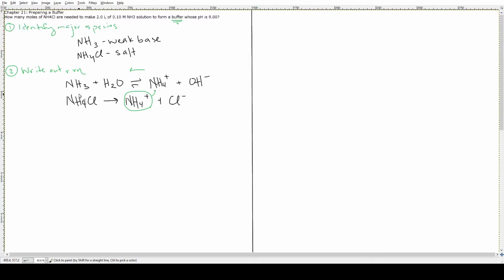And so the goal here is to start with a buffer that not only has ammonia in it, but also has ammonium. And we want to figure out, well, how much ammonium do I have to put into here in order to make sure I have a solution that has a pH of 9? So what we're going to do then, this is now step 3, we're going to solve using